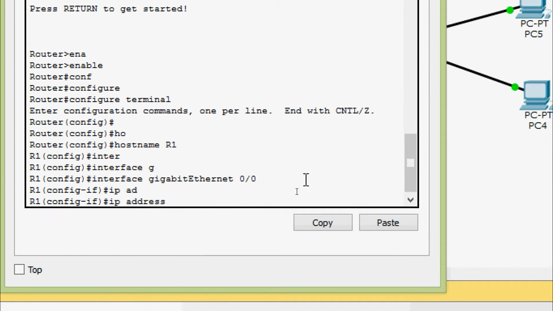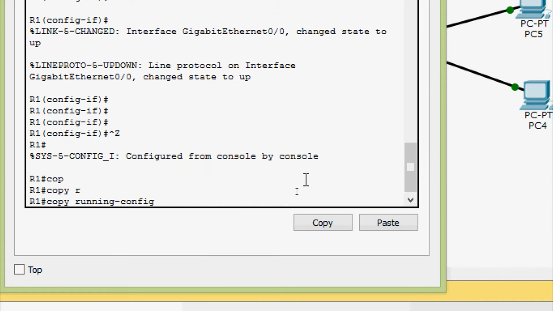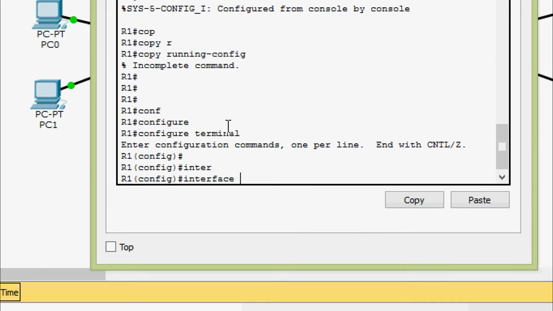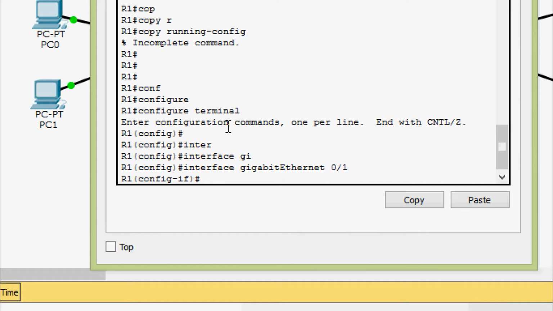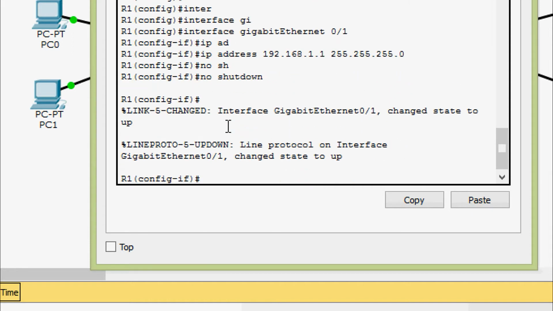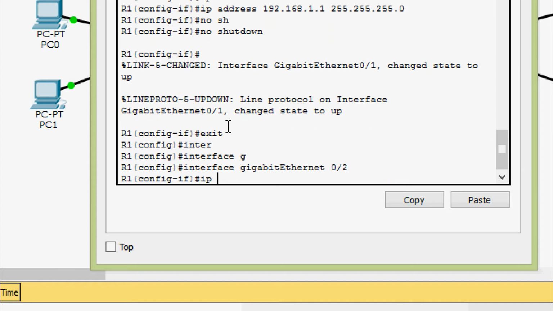0/0 and we will set the IP address 192.168.0.1 and the subnet mask 255.255.255.0, no shut command. Also we will set IP address for the other interfaces. Interface gigabit Ethernet 0/1, IP address 192.168.1.1 and the subnet mask 255.255.255.0, no shut command. Also we will go to the next interface gigabit Ethernet 0/2 and here is the IP